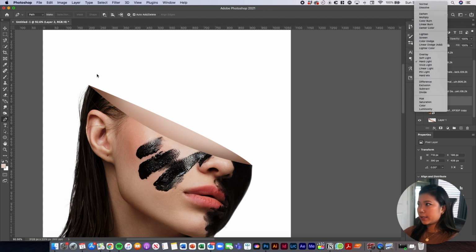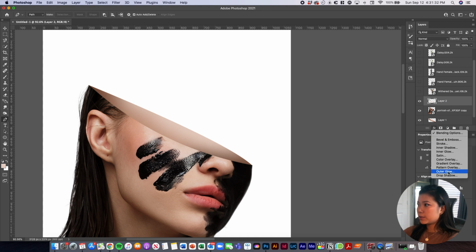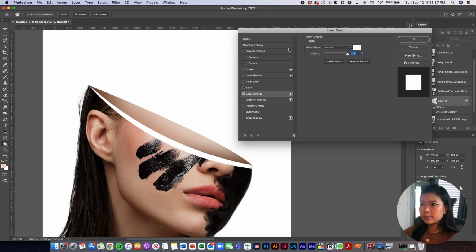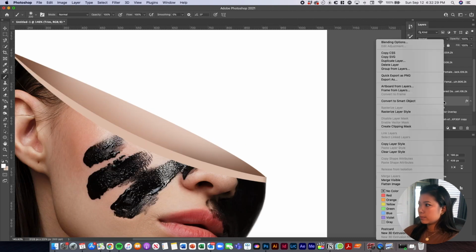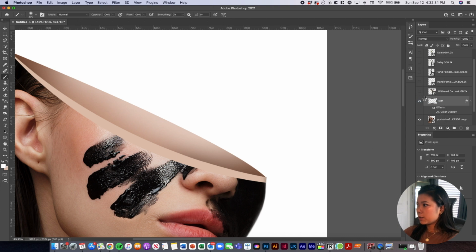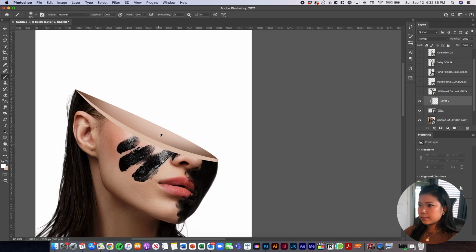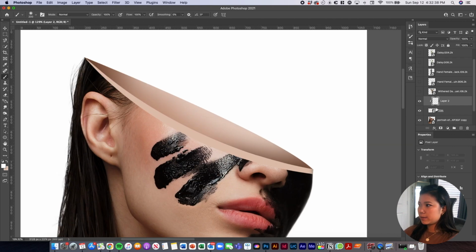But because there's a lot of black, I'm gonna turn this into a solid color. It's a color overlay. Maybe not white, but one of the lighter colors of her skin. Sort of like that. I'm gonna turn this trim into a smart object. Add a new layer. Clip it to the trim layer, and